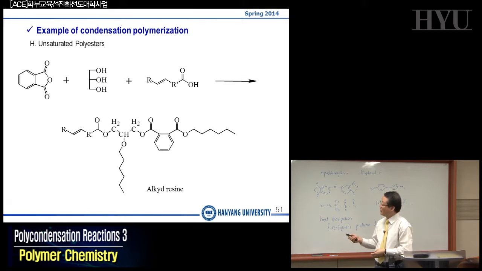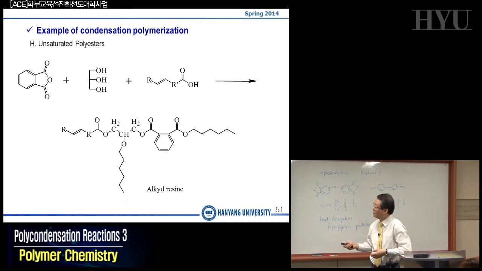containing carboxylic acid with an unsaturated group, okay, unsaturated group, then finally you can come up with the unsaturated group terminated structure. But because of the glycerol, you have a network structure. Okay, network structure. If you heat it up, this double bond can also be opened to become the cross-linked network structure. Although it's a polyester,